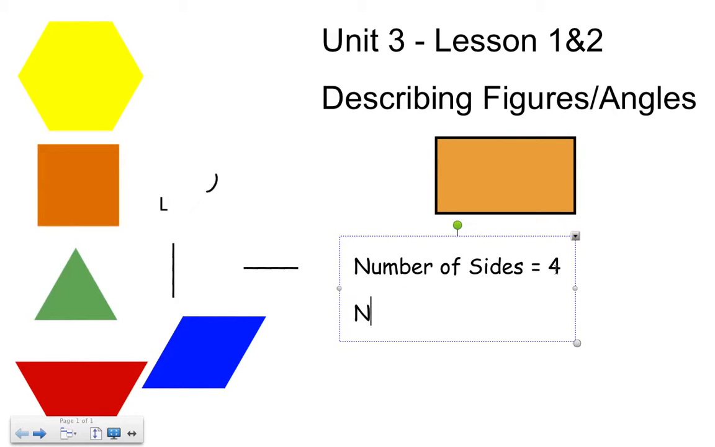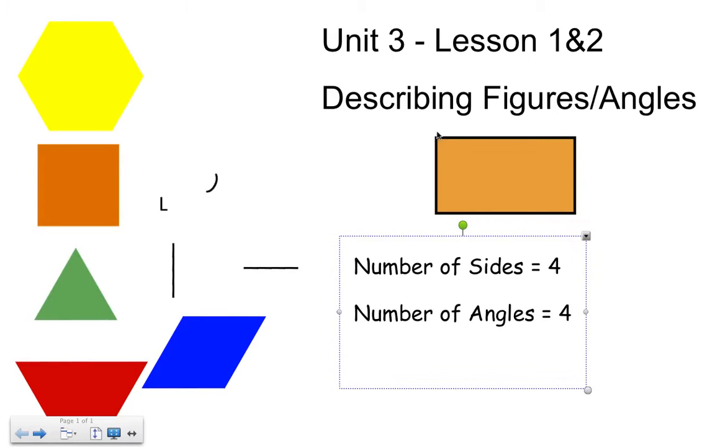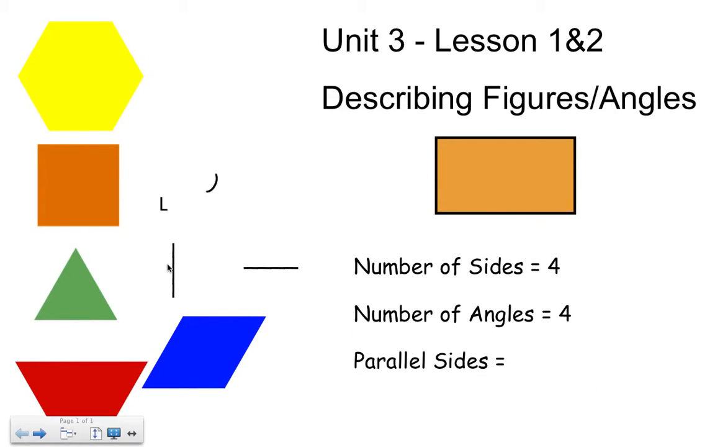Then you want to look at the number of angles. And in this case, this shape has 4 angles. 1, 2, 3, 4. An angle is when any 2 sides meet. We have 4 there. The next one we're going to ask ourselves is how many parallel sides are there? And in this case, there are 2 sets of parallel sides, and we indicate that by showing these